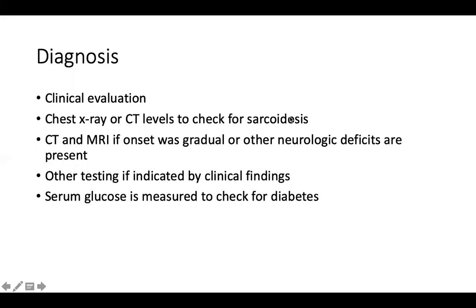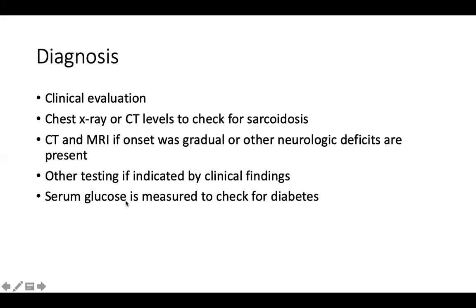out ugonjwa wa sarcoidosis. Lakini pia kwa sababu tumesema huu ugonjwa nerve ina swell, na nerve ikiswell unaweza ukifanya magnetic resonance imaging unaweza ukaona kabisa kwamba there is a problem. But moreover, CT scan na MRI zinaweza zikakusaidia kujua, je, huyu mgonjwa amepooza ana uvimbe kwenye pons au ana uvimbe kwenye nini? This is going to help you kufahamu, kwa sababu kama ni stroke utairule out kwa kutumia CT au